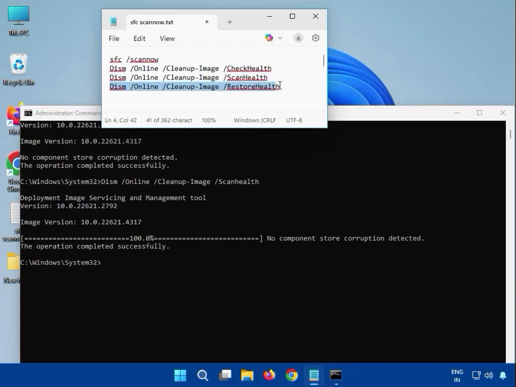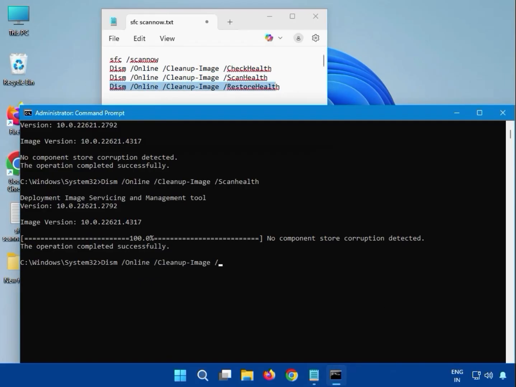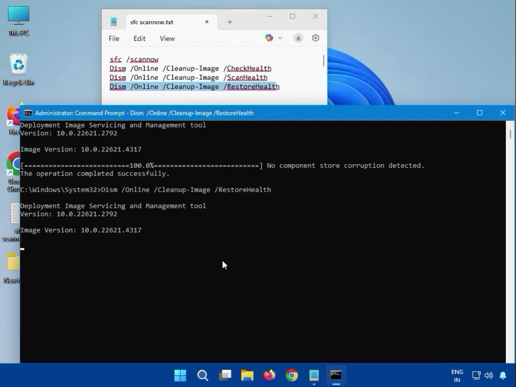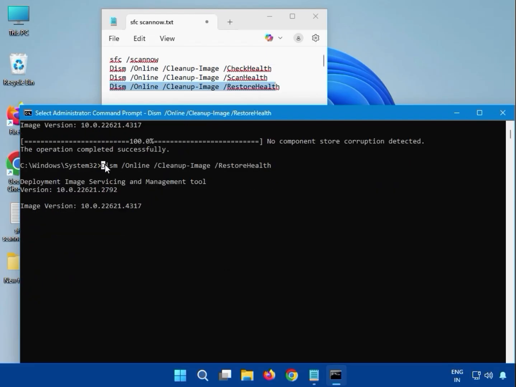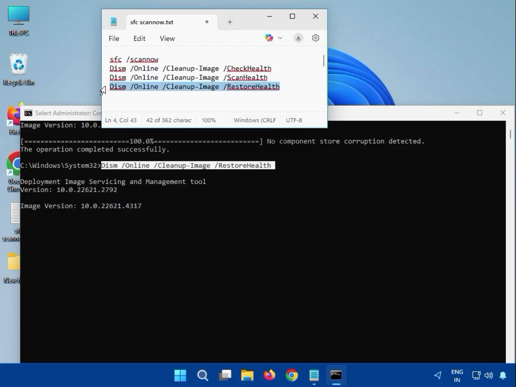Then guys, the fourth one, which is restore health. You can see here we can enter DISM and so on, and please note small and capital letters. Okay, restore health, and then hit enter. Again guys, you have to wait. Okay, the percentage will start, and it will complete. After that you can see here